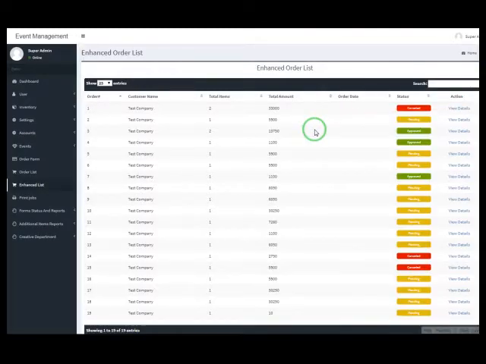Here you can see the essential columns like order number, customer name, total item, total order date, status (cancel, pending, approve), and again the action event, where you can see the details. If I click view details,